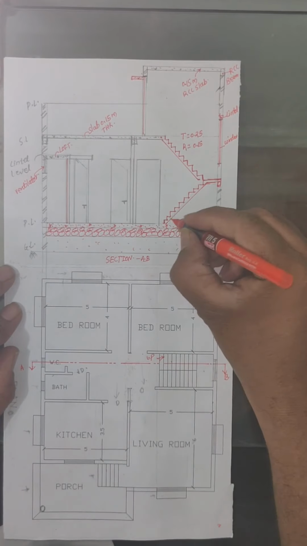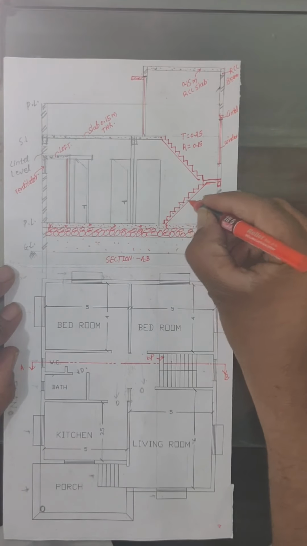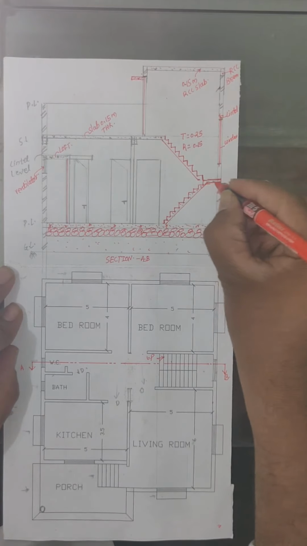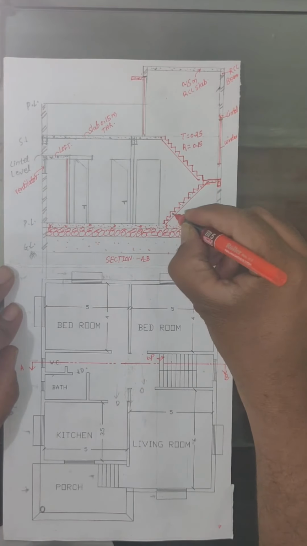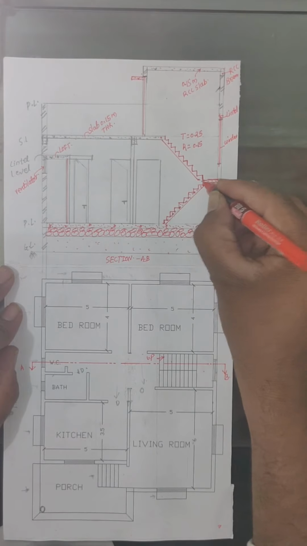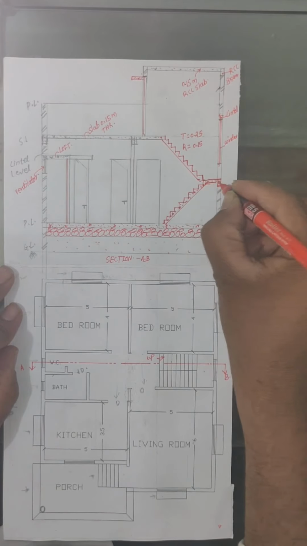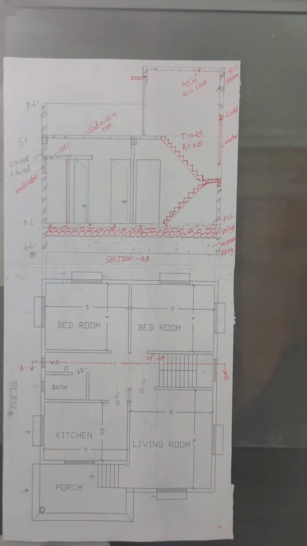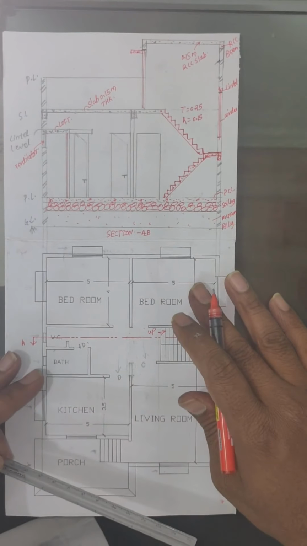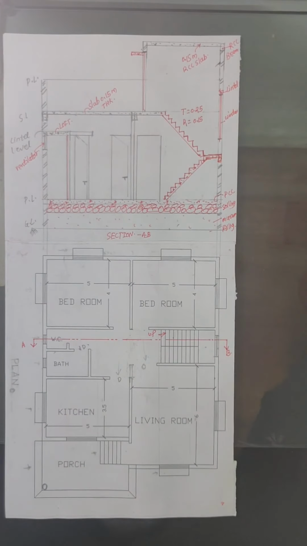So now in the case of the staircase, the upward flight is cut first of all, therefore show the symbol on the first flight which is going from flooring level to the mid landing level. Show the symbol because that flight is cut by the section line. Okay, this is all about the section. Thank you very much.